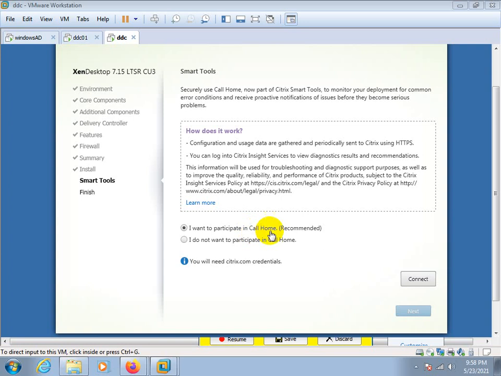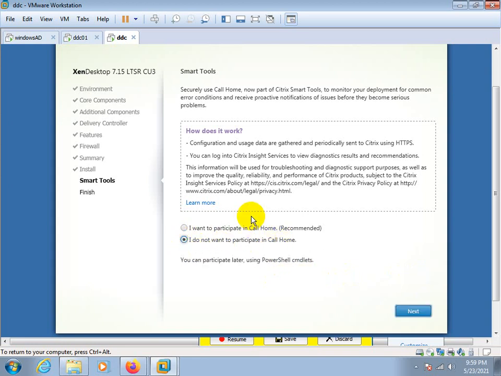And it's asking for call home. Do you know what is the call home feature? No, sir. Once we configure the call home feature, if I want to participate in call home, then I need to click on connect, and it will ask the ID and password of the Citrix website, which is citrix.com, and I will connect to the Citrix website.